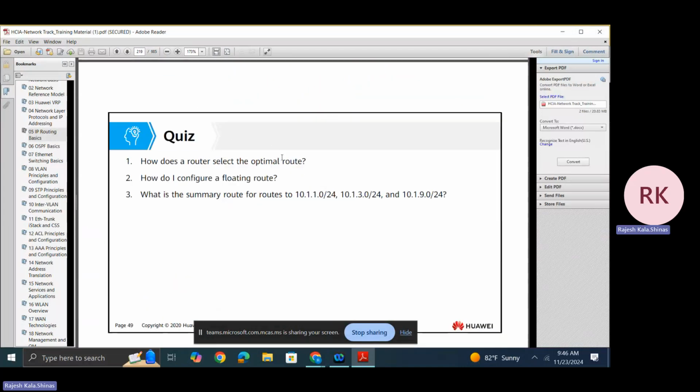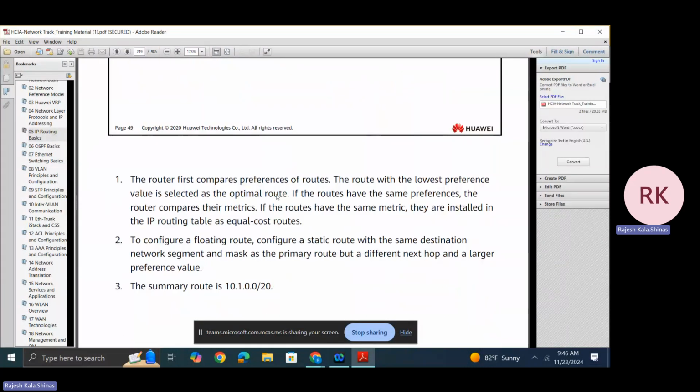How does a router select the optimal route? First compare the preference; whichever has the lowest preference value. Comparing 60 and 70, 60 is the lowest one, so choose that one. That route will be added as the optimal route, the one with the lowest preference value. Then if the preference is the same, compare the metrics, the cost of the link; the one with the lowest cost will